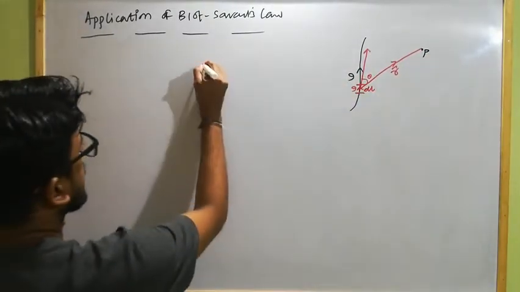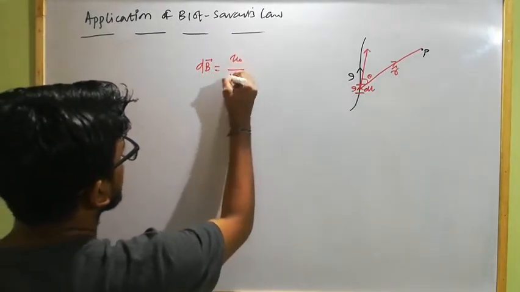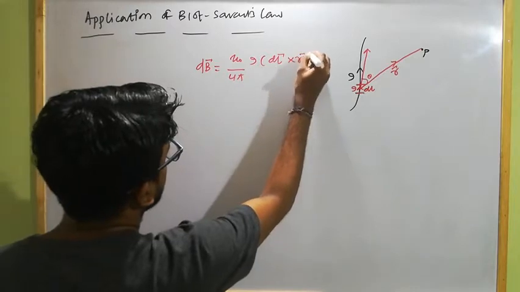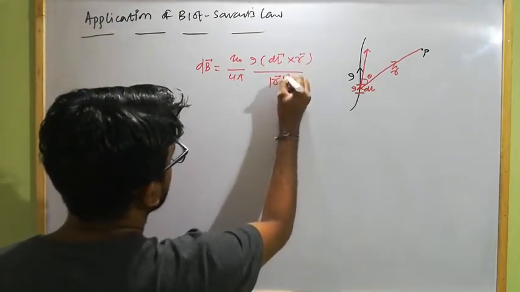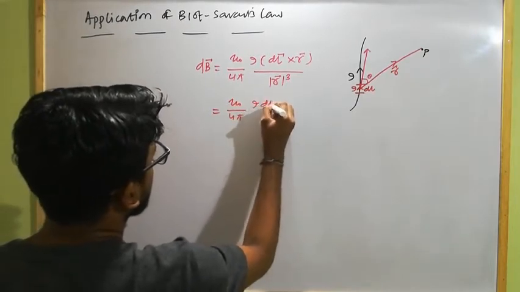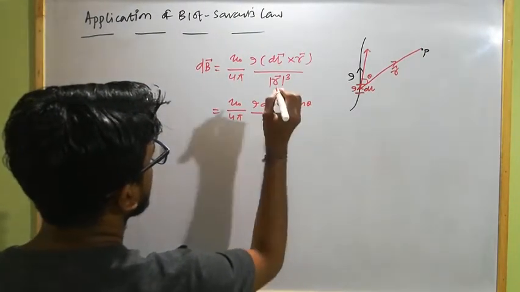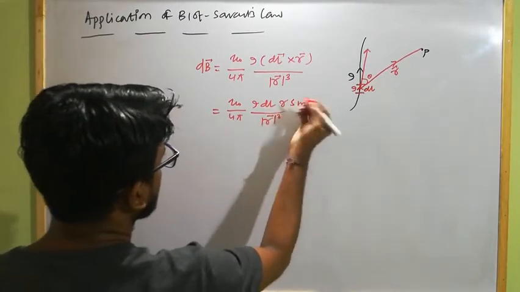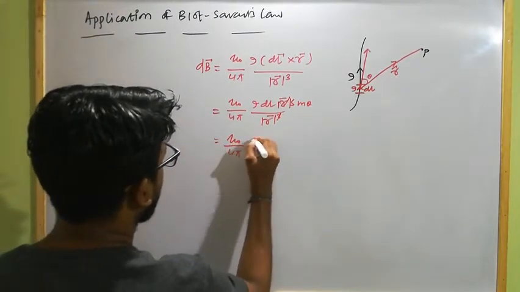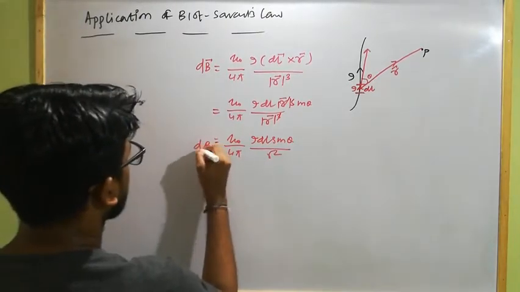So according to Biot-Savart's law, the magnetic field strength at point P in vector form is equal to how much? Mu naught by 4 pi I dl vector cross r vector divided by mod r cubed, or simply in scalar form we can write this as mu naught by 4 pi I dl r sin theta by mod r cubed. So cancelling, it will be mu naught by 4 pi I dl sin theta by r square. This is the expression for